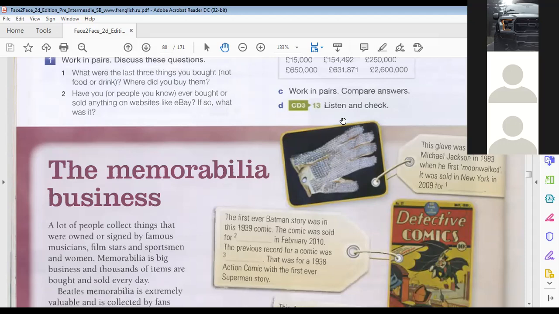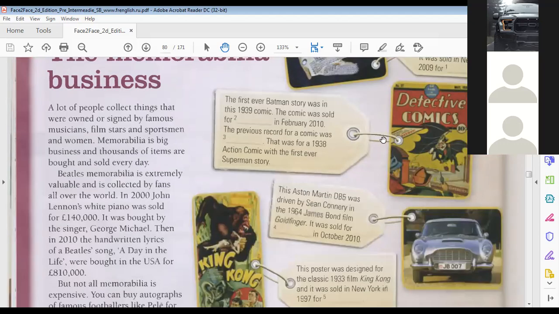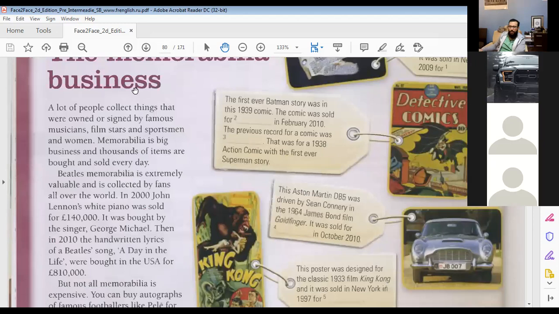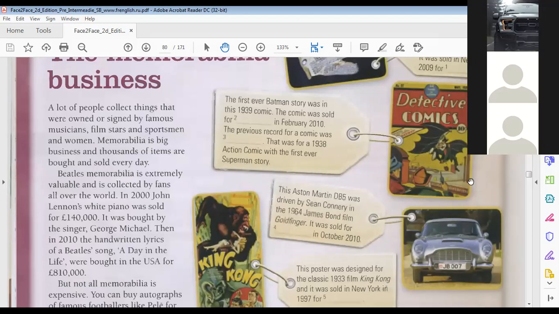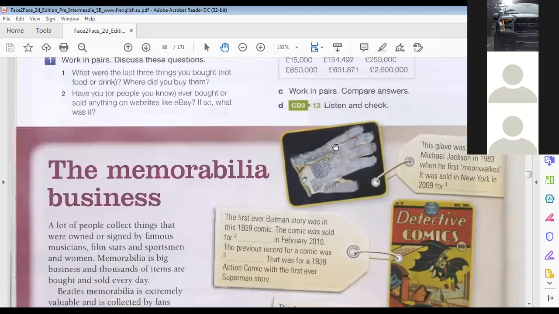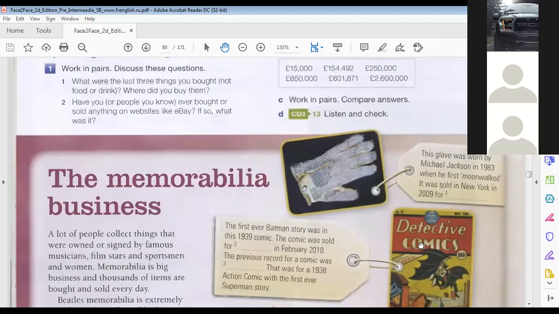631. Okay. What about the first edition, the first Batman story? How much do you think it sold for? What do you think, Sophia? Can you guess, or Samiha? For the comic, how much do you think it sold for? Because this is the first one. 100. Okay, Samiha thinks 154,000. Do you agree, Sophia? Do you think the same price, or more, or less? No, less, maybe 15,000.